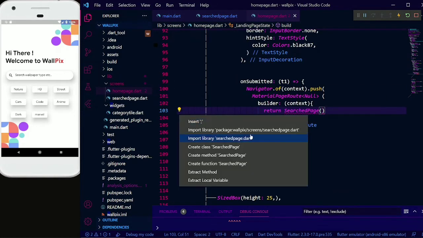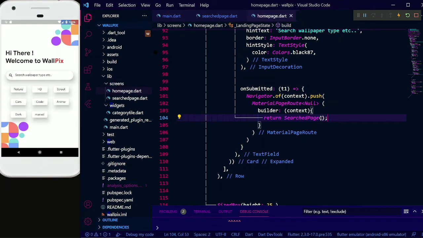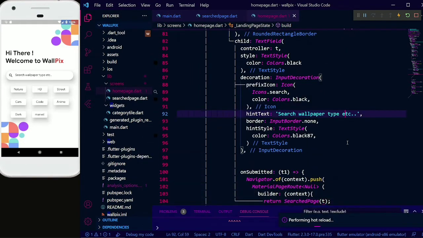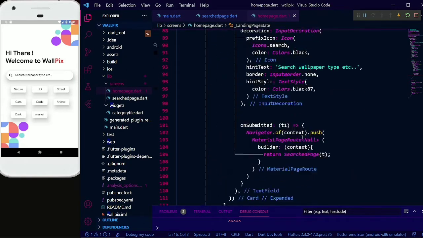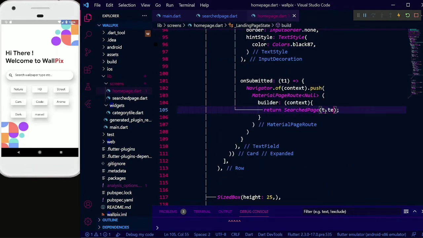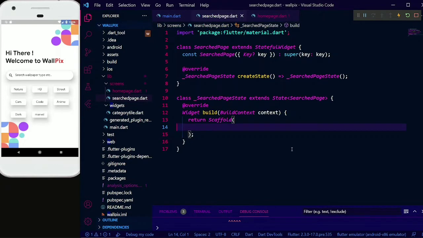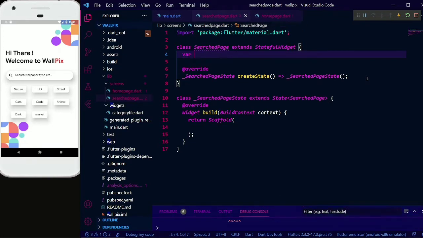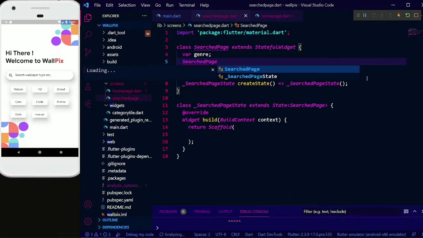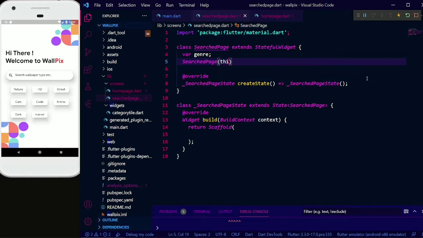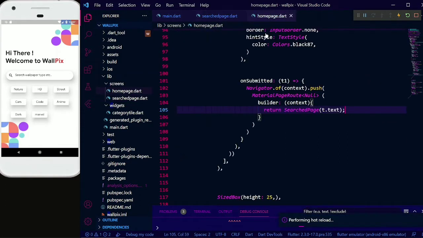Okay, so it will import this package, and now we have taken a controller here, as we can see text editing controller t1 we have taken, and we just need to write t dot text. Okay, that is giving me error because we don't have a constructor here, so we need to give a constructor. We will give var, and that will be our genre, and we will make a constructor here, search page, and this dot genre. Okay, fine. So now if I run this,